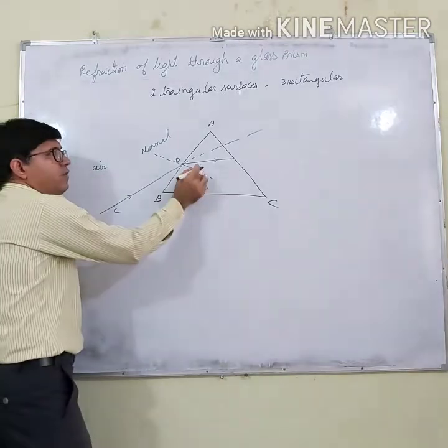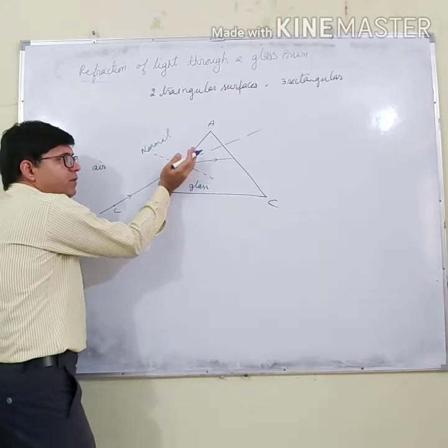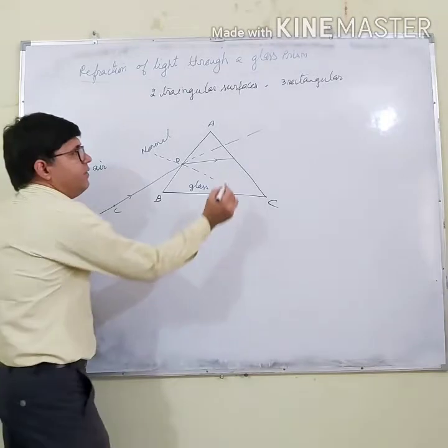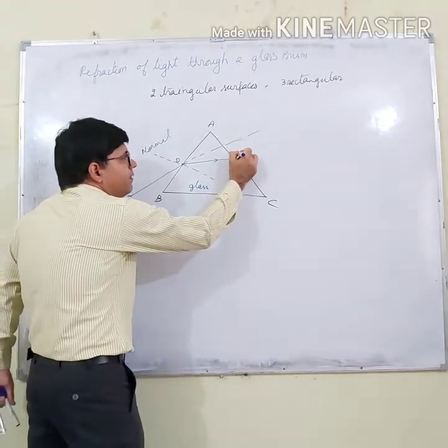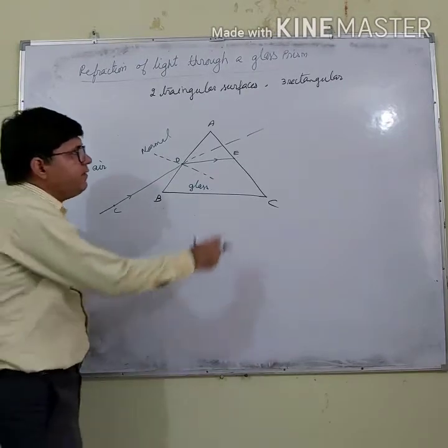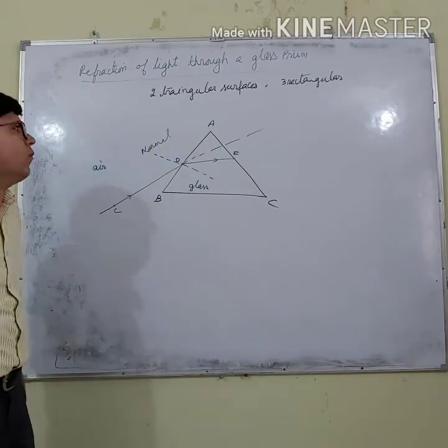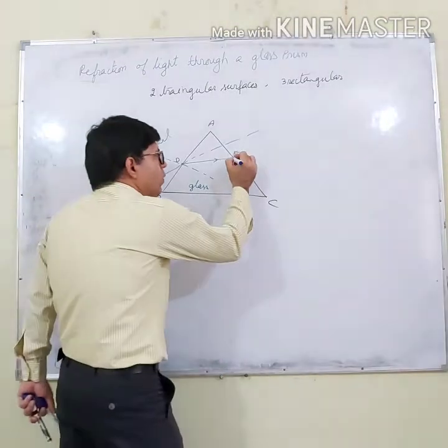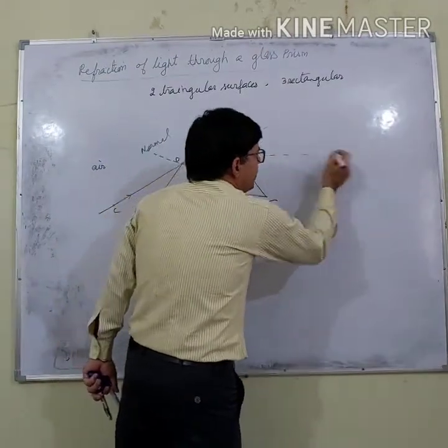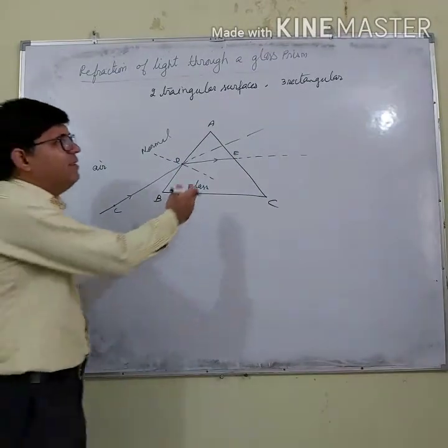Here there is the normal and this is the ray. If I say it is moving away from the normal, then this ray will go this side. Now, let us say DE is the refracted ray, and this ray is inside the glass. When this ray reaches the surface AC, it will move out from the glass. So where will it go? If there were glass everywhere, this ray might have followed this path. But now glass is only up to AC.